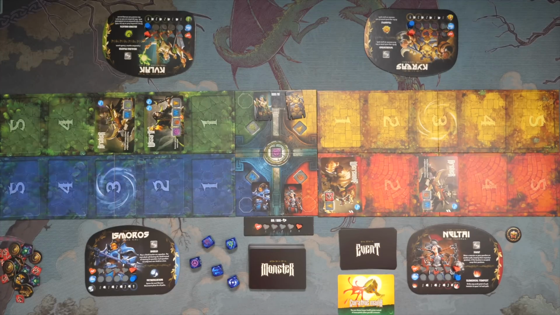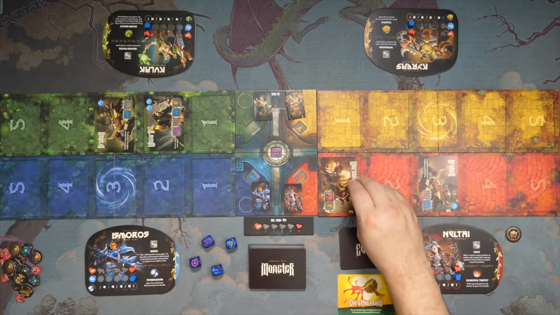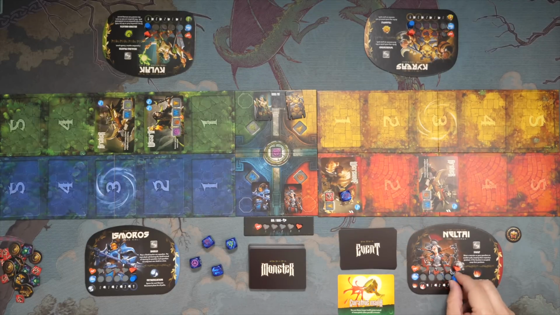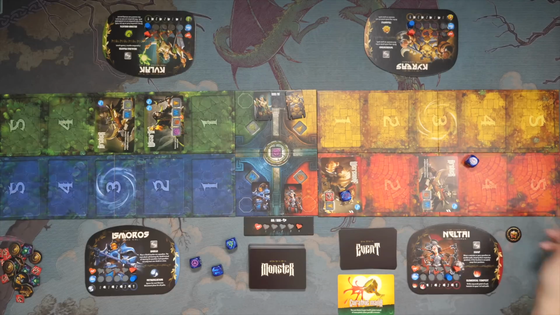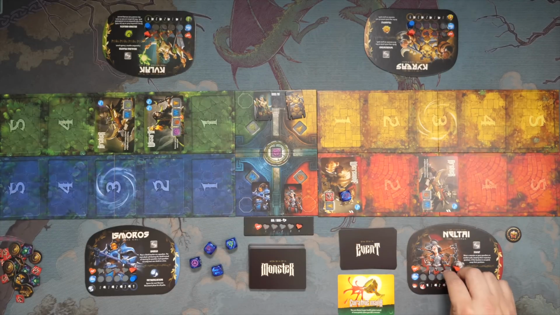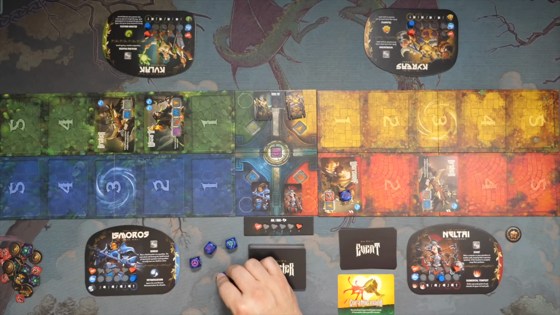Since I didn't really get what I was hoping for, I could spend my MP to re-roll dice. So let's say I did this. I spent this die on here to hit that monster. I'm going to spend one more and re-roll one of these dice. I'll re-roll this one. I got the same thing. I could do it again. I could also do